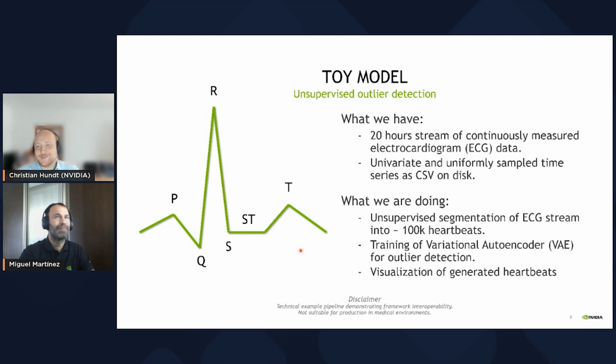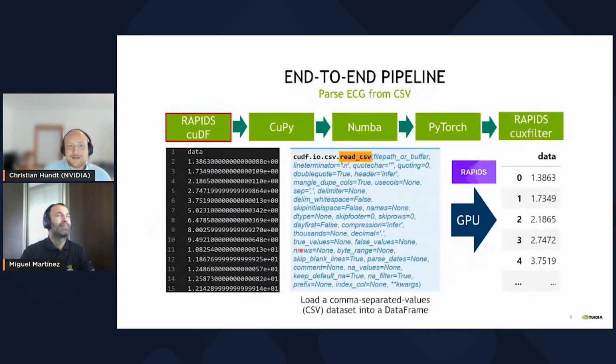So let's dive into the first part. Let's keep it real. Most of the time, someone will just enter the room and give you a hard drive with data on it, or point you to some cloud storage with a CSV file. We could argue that there are better formats to store time series, but it's not unusual to get it in CSV. And we would have to parse it. You could use pandas for parsing it, but here we use RAPIDS cuDF, which is a GPU-enabled drop-in replacement for pandas. And many people don't know that it's actually quite expensive to parse floating point data stored in ASCII on disk.